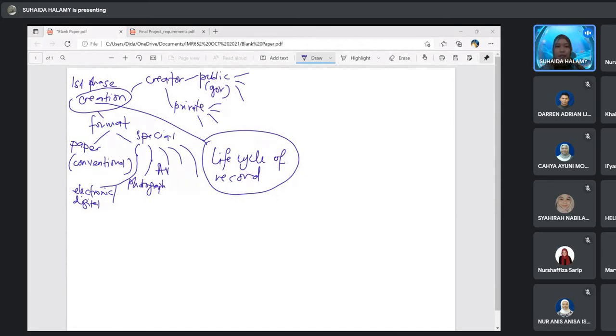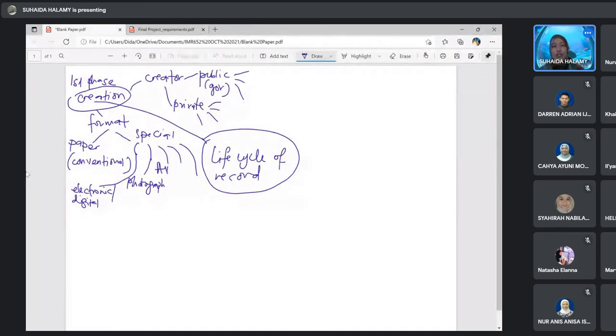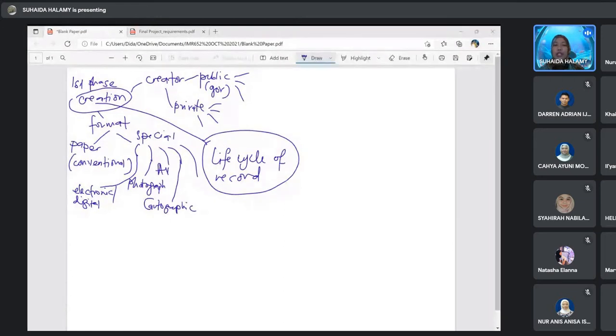Okay, next category under special, we have cartographic. Cartography is normally recorded in a large size, extra size, not common size. If common size, we know A4 paper, A4 is common size.